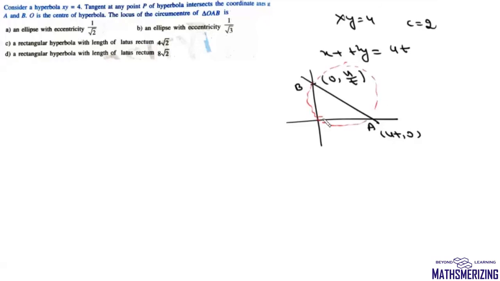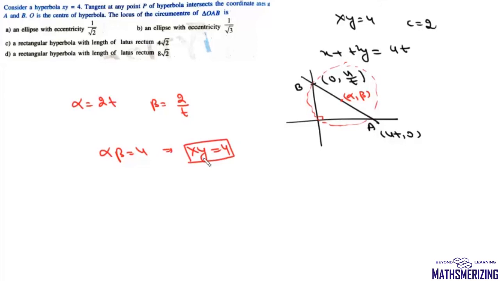Now this triangle OAB is a right angle triangle. So the center of the circle will be the midpoint of AB, and say this point is alpha beta. So from here we can write alpha as 2t and beta as 2 upon t. Now we'll multiply them, we'll get alpha into beta equals 4. So this is xy equals 4. So the locus of the circumcenter of triangle OAB will lie on this curve itself, which is a rectangular hyperbola whose eccentricity is